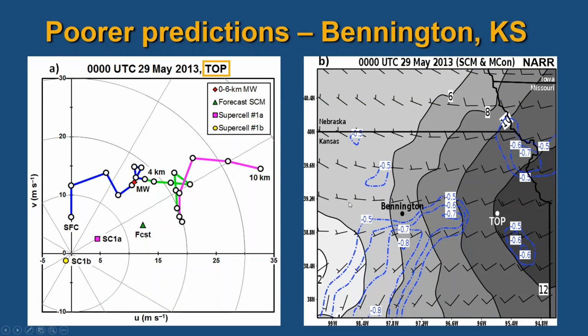So getting back to that Bennington, Kansas example, that was a really good one of where you had all this propagation due to the boundary layer convergence zone. So I have here on the left the Topeka hodograph from 0Z, and on the right is a NARR plot, North American Regional Reanalysis, of supercell motion, and that's shaded, and you see the vectors for that. So it's shaded gray, the vectors, and this is meters per second. So here's Topeka, it shows just above 12 meters a second, which is consistent with the observed hodograph. And then back near Bennington, it's more like 6 to 8 meters per second, which is right in line with the first supercell that lasted about half hour, 45 minutes before it started then becoming nearly stationary because of that